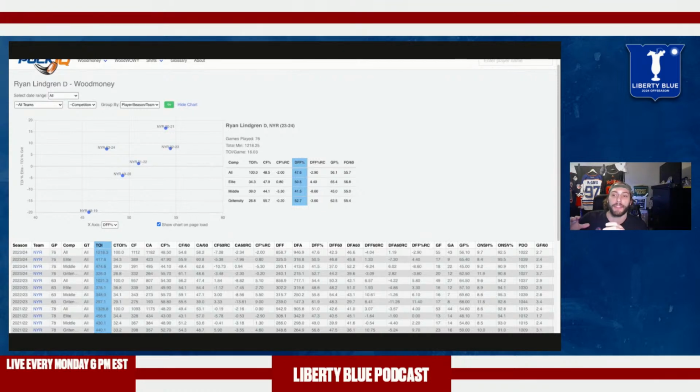getting the context of a player. Before we even start looking at numbers, we start looking at transition play. It's very helpful just to understand the context, understand who they play with, how often they play together, and then you see the quality of competition. And this makes sense in your brain because you think about it